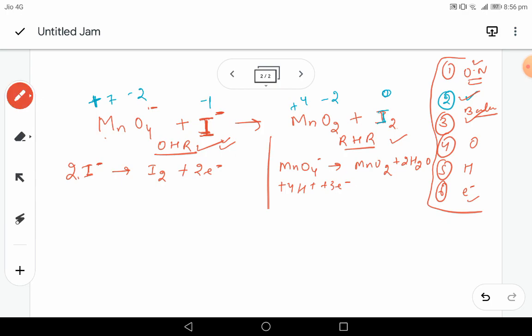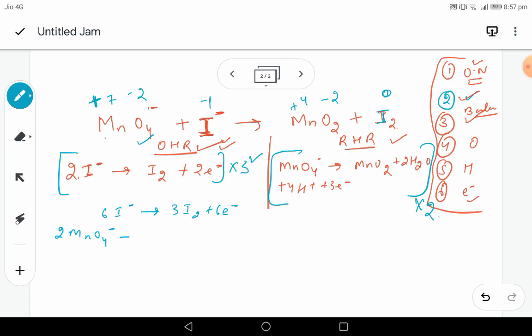Okay. So just to make it different, this I will multiply by 3 and this entire we have to multiply by 2 so that the number of electrons become equal. Now I am combining both the equations. I am writing first the oxidation half. So it will become 6I negative gives 3I2 plus 6 electrons. Multiply it by 3. The reduction half will become